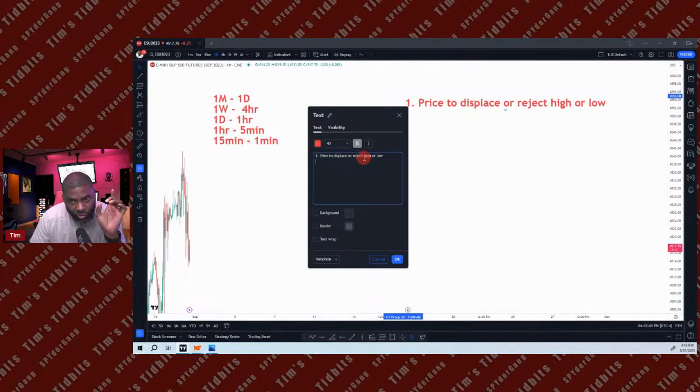I haven't thoroughly tested it on the continuation, but I have tested it on the continuation. I haven't tried it live on the continuation. And I haven't tested it as much on the continuation. On the continuation, you would just look for the displacement past the high or past the low, right? On the higher time frame, right? And put that on there. On higher time frame, right? Then once you get that, 2,